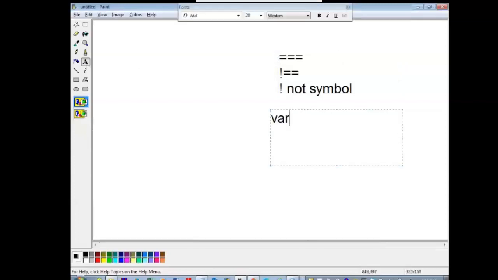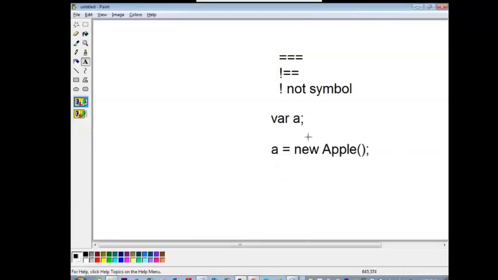Where A is equal to new apple. Now here the variable is created. Here the object is created and A is assigned to it.